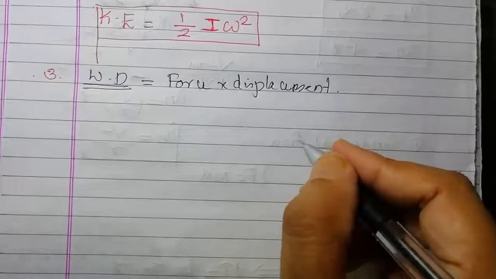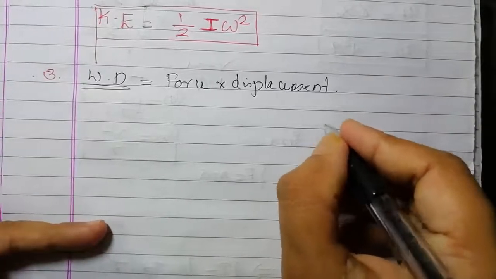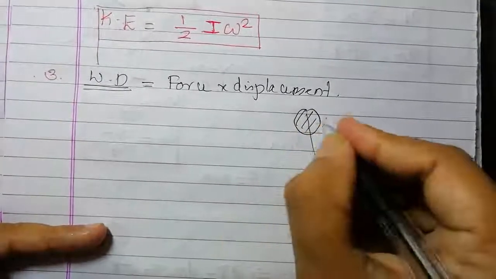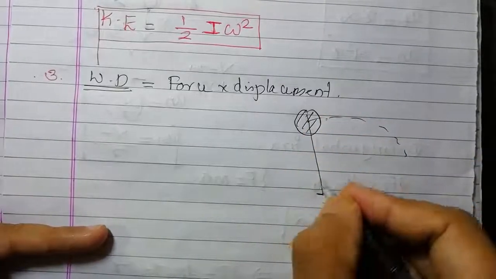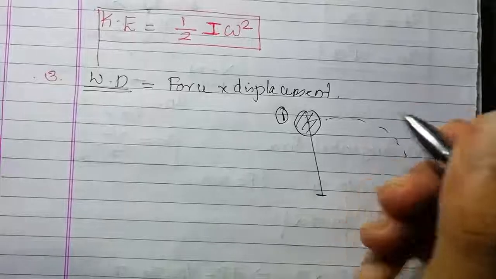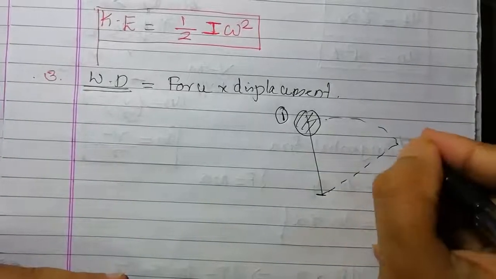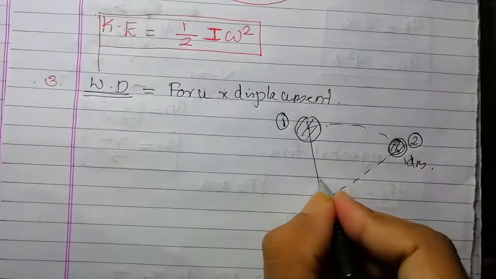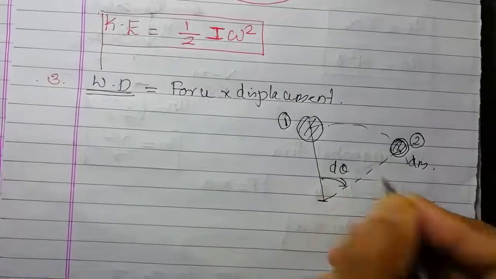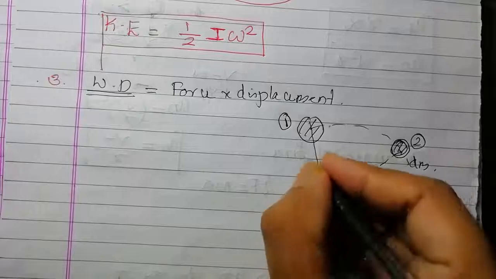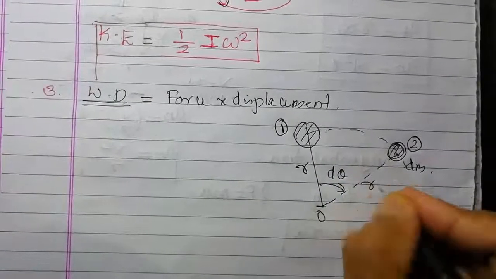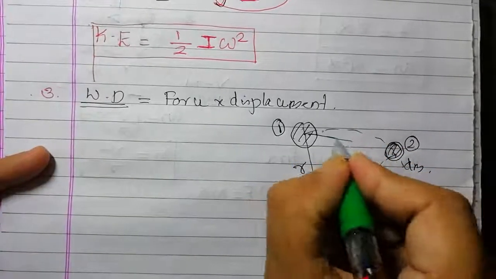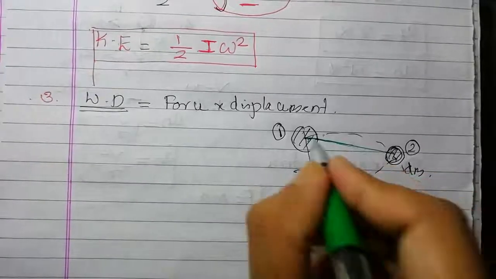Okay. So again consider the small element dm. Suppose this is the center point, this is the dm. This point is rotating at a particular instant. This is the first position, and after some time the object is at this second position dm. Okay, and this is the small angle of displacement d theta. Okay, this distance is r with respect to point O. This is also r. Okay, and we know that this linear displacement, the straight line joining between 1 and 2, is known as linear displacement.